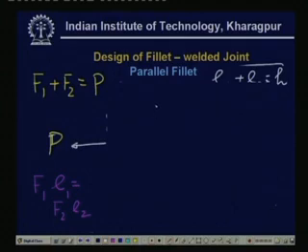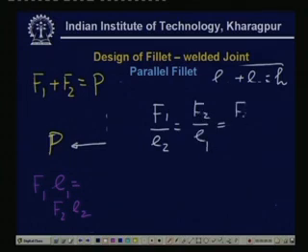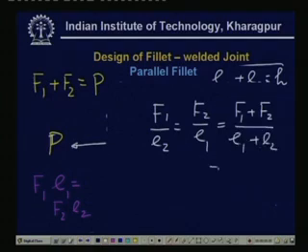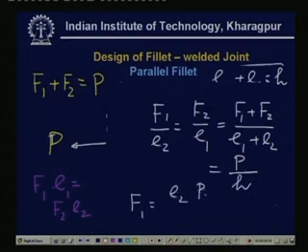We have F1 by E2 is F2 by E1, and that is equal to F1 plus F2 divided by E1 plus E2. So, this is equal to P divided by H. Now, we select F1 to be E2 times P by H,